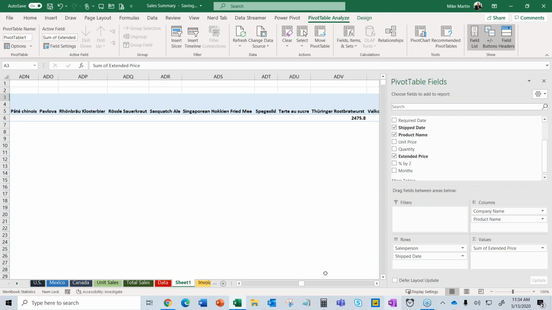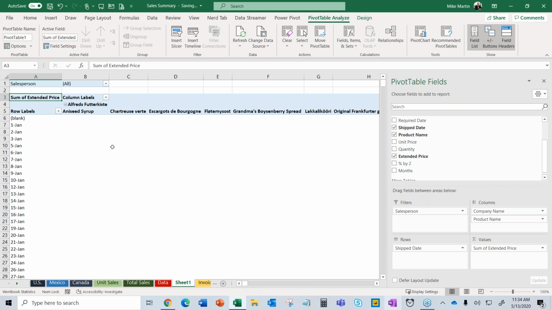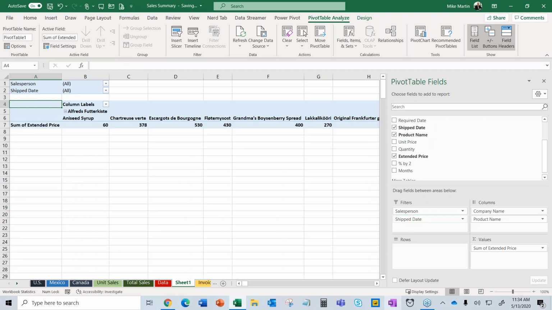Yeah, it's even more crazy. Wait a minute, I can filter. And my boss usually wants to know what a salesperson does, so I might filter by sales rep. So now I got a filter way up there in A1. And you can have multiple filters, so why don't I go, what does a sales rep ship on a given day? So see, you just start logically laying it out, thinking about the structure,